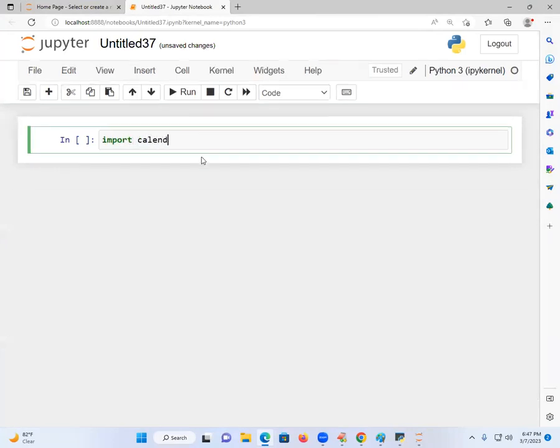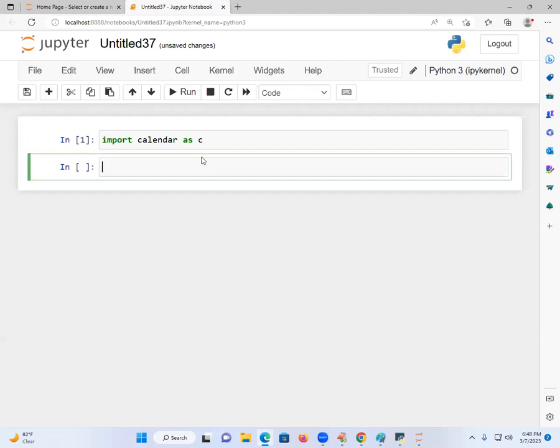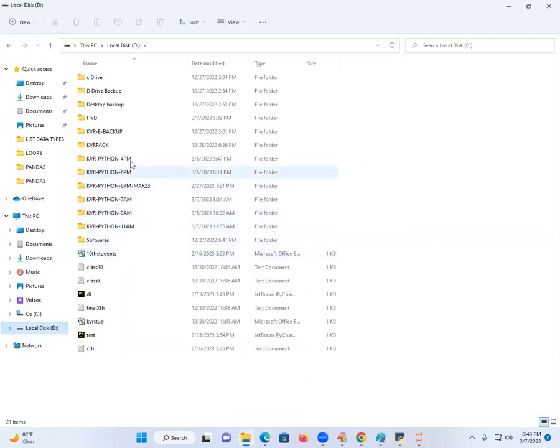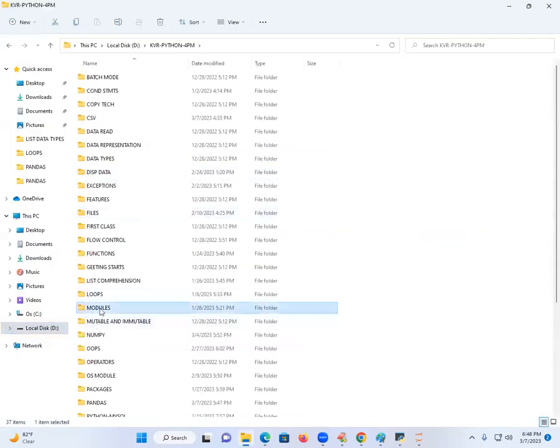Import calendar. Calendar is called what? One module. Spell out, students. Calendar is called one module. I'm giving it some alias name. Don't worry about modules and all those things. I'll explain in the class. In the classroom, there is a separate discussion in my classes. There is a concept separately where I am explaining modules.